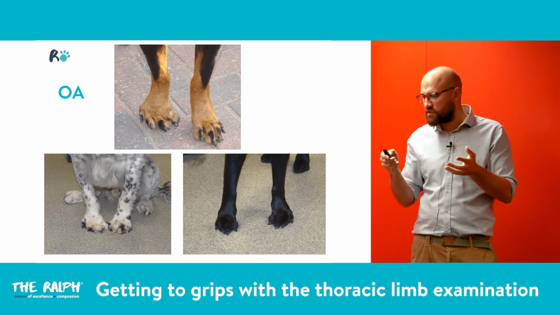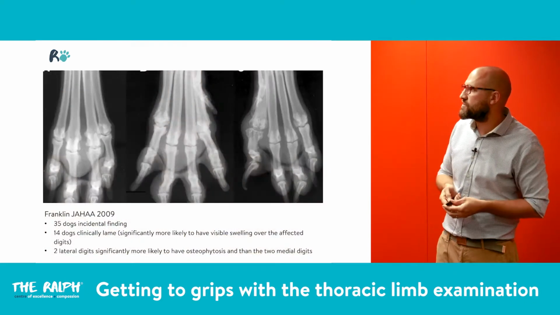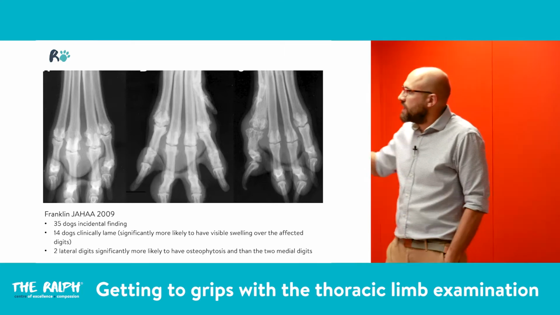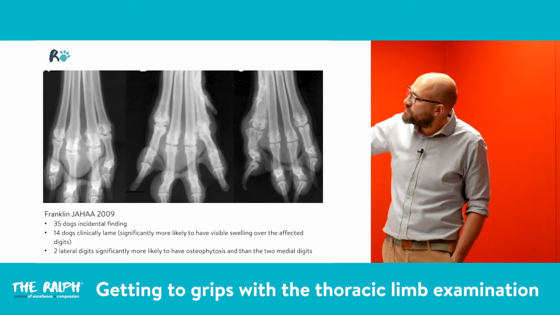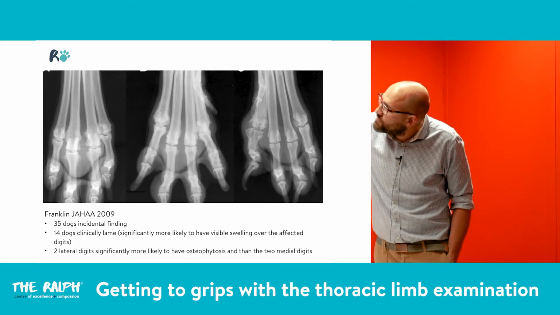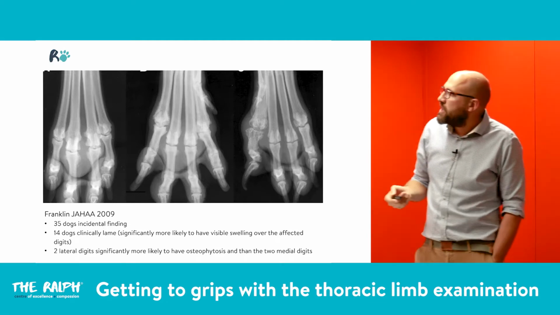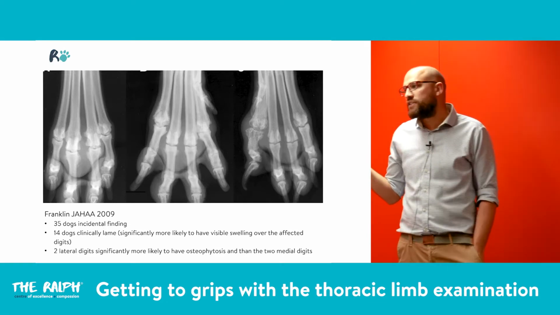I've got some X-rays here. Usually you have a lot of new bone growing around the joint, like you can see in this way. Usually in old dogs,